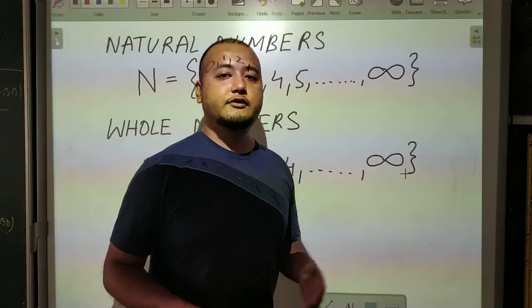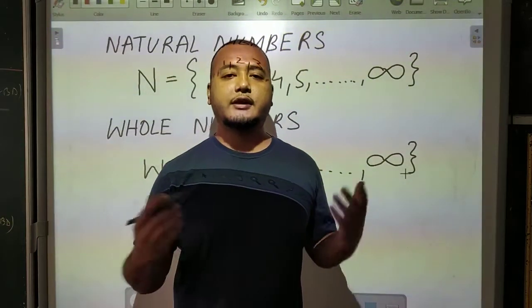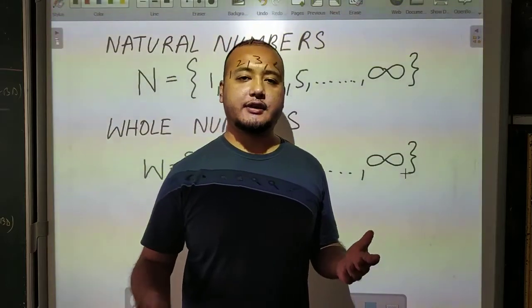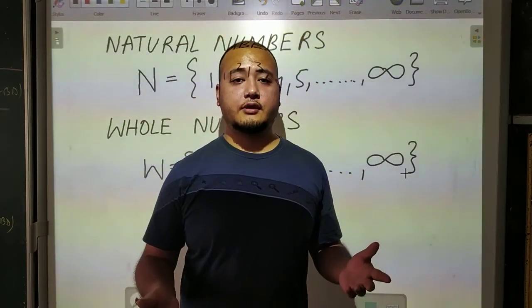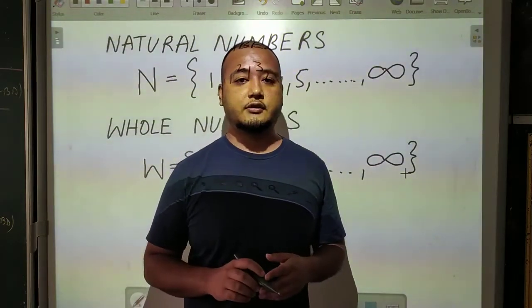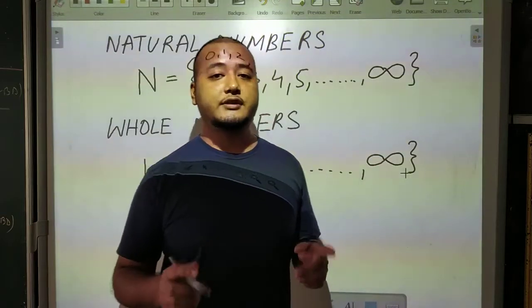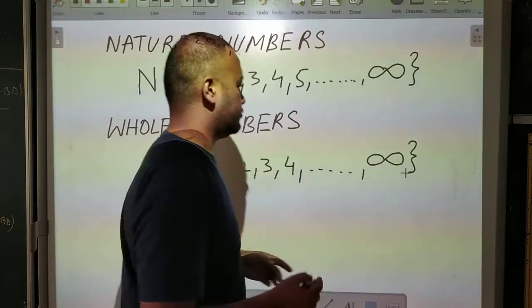Now what if you have to write a value which is less than 0? You might have heard a newsreader saying that the temperature of a place dropped below 0 degrees Celsius and it was minus 5 or minus 10 degrees Celsius. So that is when we use negative numbers to write values which are less than 0.